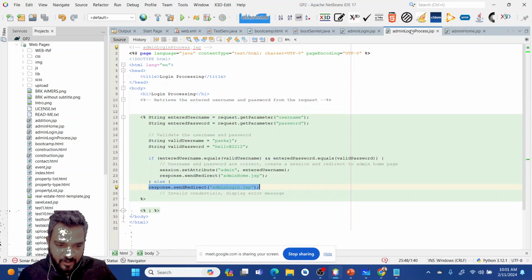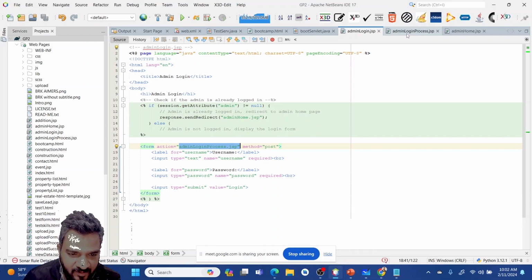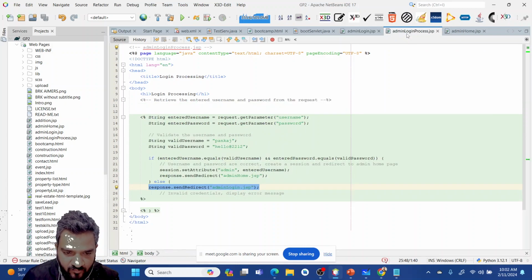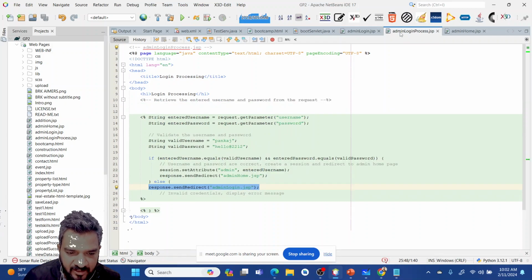Now we can do one more thing. When we are sending it back, we should also create a session.